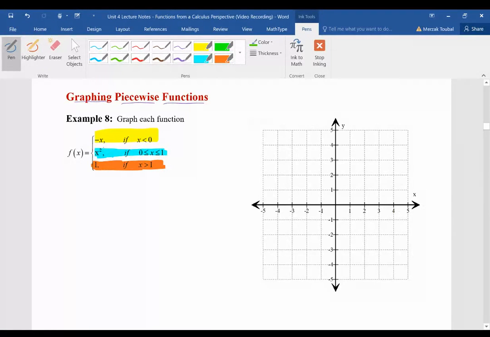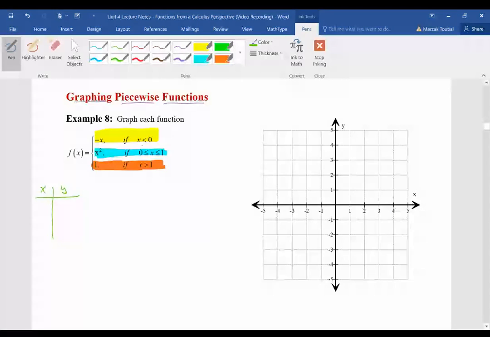So the first one, the function is negative x for x values that are smaller than 0. We can use a table of values. So we're going to put x and y, for x, f of x. And the values I'm going to choose for x have to be less than 0. However, we need to also include the 0, even though here it is not included, but on the graph, we make sure that we draw an open circle. Why? Because values of x